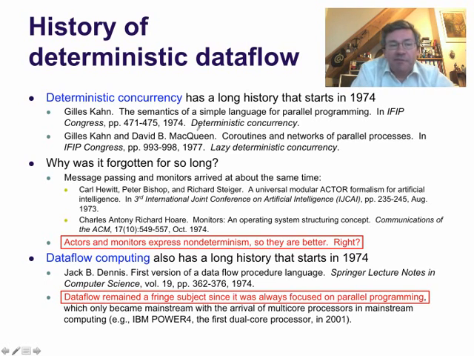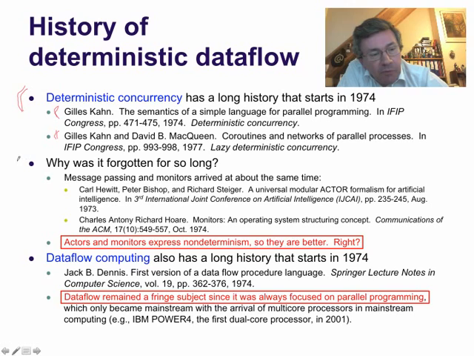Let me give a little bit of history now, because deterministic data flow is not a new idea. It has a long history. For example, deterministic concurrency, the first part, starts in 1974, as far as I can tell. A guy by the name of Gilles Kahn introduced this model, which is in fact very close to the model of this lesson. And 3 years later, with David MacQueen, he introduced an extension which handles lazy deterministic concurrency, which you can also do for the deterministic model that I introduced here. And if you look at the book, you can see the lazy version, which is also very interesting.